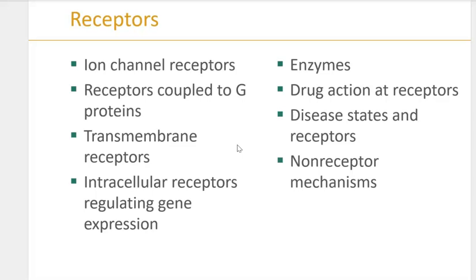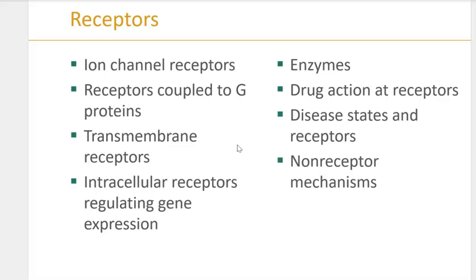So those second messengers are things like cAMP or the phosphoinositides. Each can be produced as a result of stimulating different G protein linked receptors. The G proteins are made up of three major subunits, alpha, beta, and gamma. They have minor variations of each subunit, and that can result in a great deal of variation in G proteins just from the different combinations of alpha, beta, and gamma subunits.